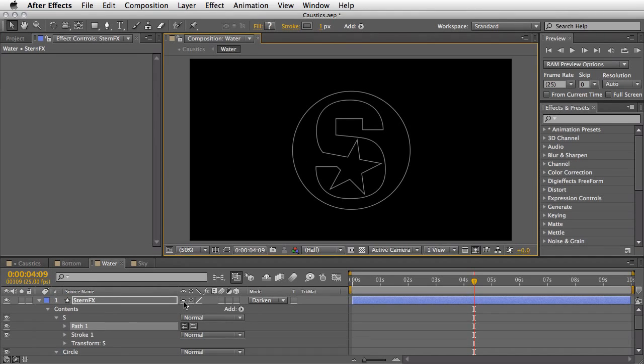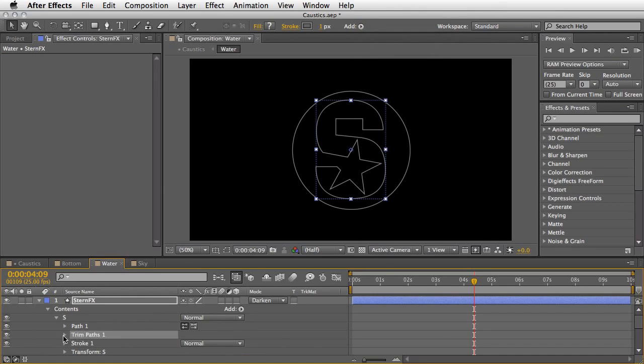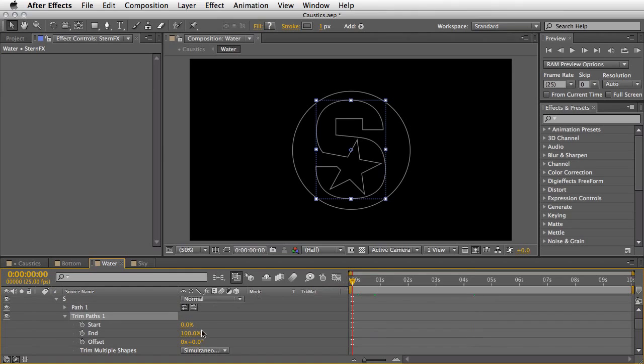Now I want to quickly integrate this logo into the scene, so it will look like there is some kind of a movement through the caustics and the water effect. In order to do so, I'm going to select the S and add few operators. I'm going to start with the trim path here, open it up, and then let's start from maybe here 0, and over the course of maybe 3 seconds I'm going to offset the path so it will draw the shape